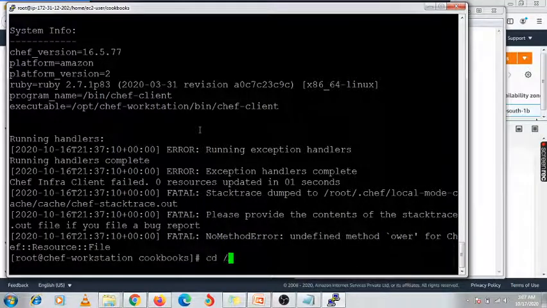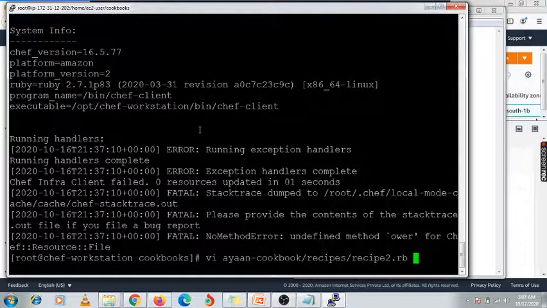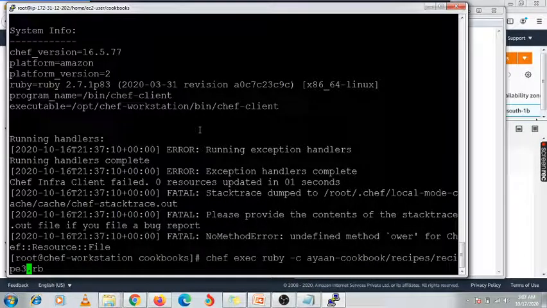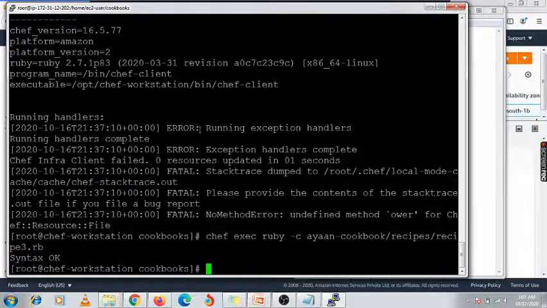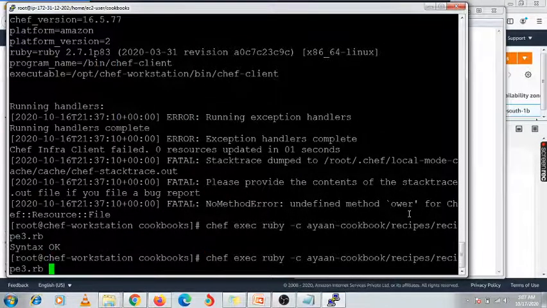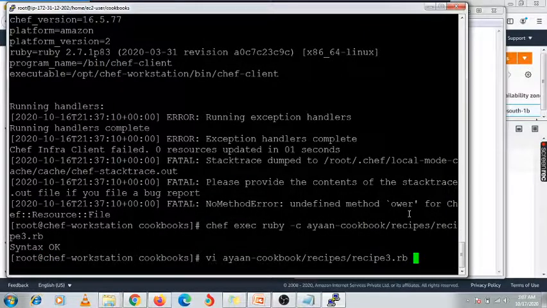First we need to execute it using this command, to check whether this code is correct or not. Same command you need to use. Here you need to specify this 3. This syntax is okay, there is no issue with the syntax, but the fatal error is defined: the owner is not specified properly, that's why it is getting the error.